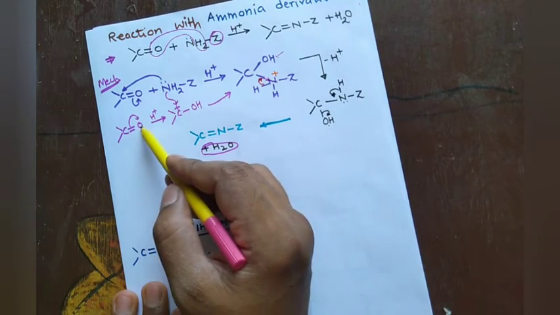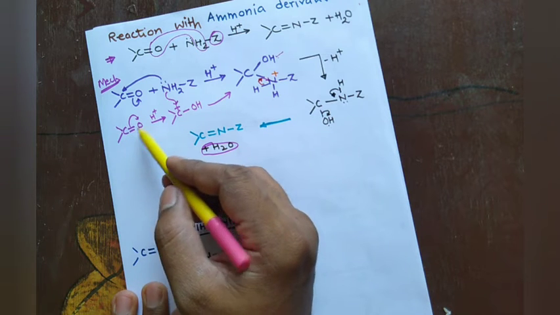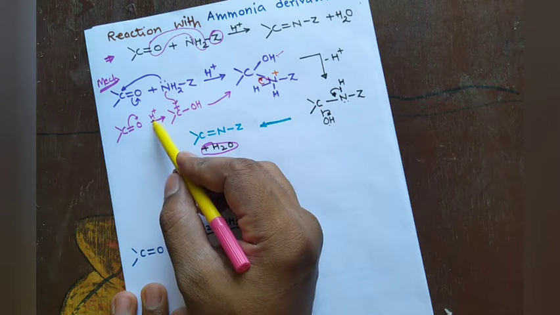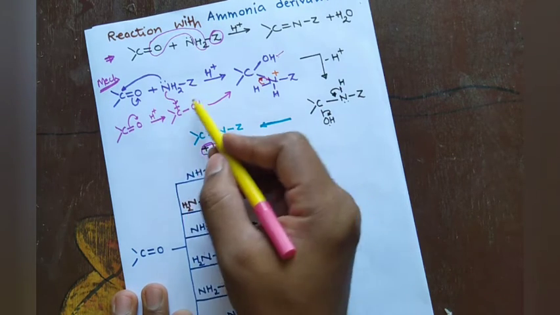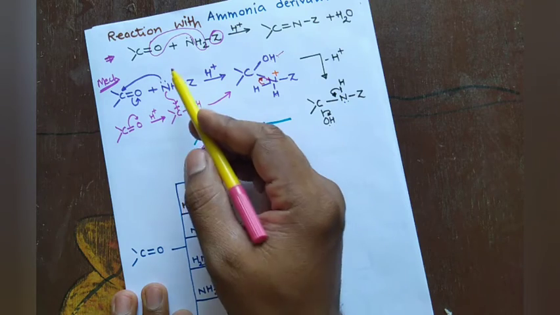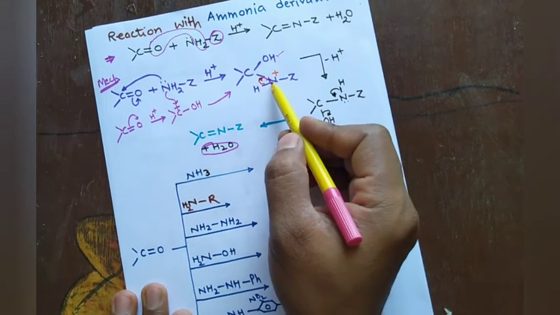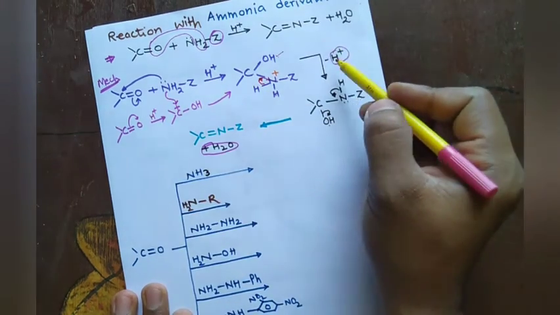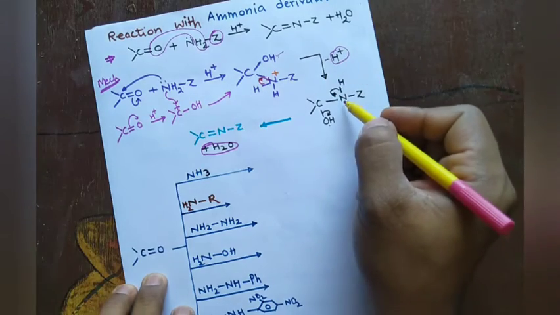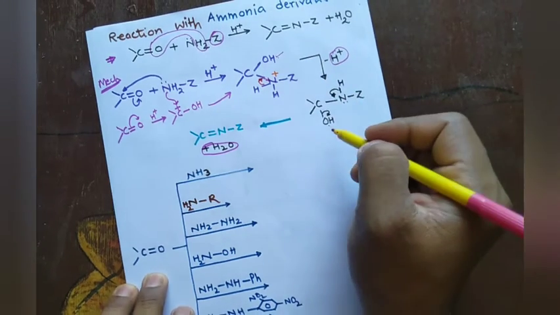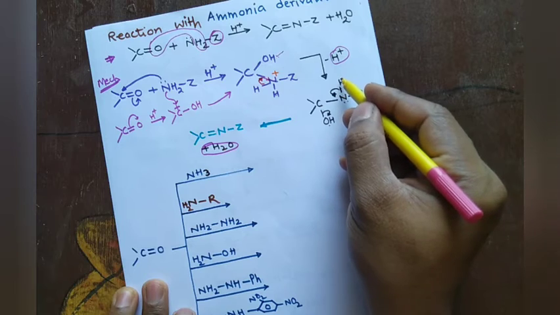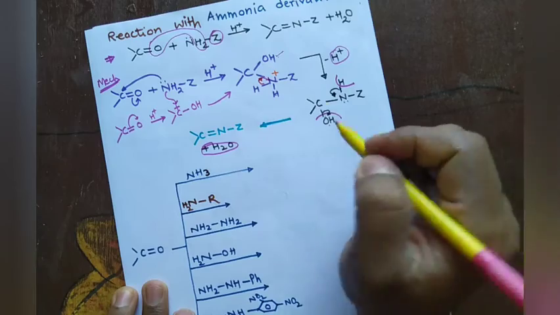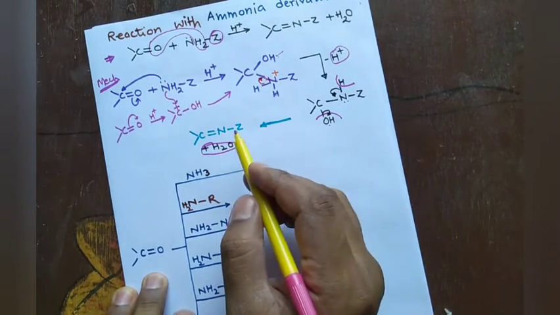So you can go by this reaction. The oxygen of the carbonyl group takes H plus, forming this one. This H plus acts as catalyst. The carbonyl carbon bears the positive charge. Now the nucleophile attacks, forming the complex. Since H plus was added, it is a catalyst, it will be removed. Then this compound automatically loses water, by removal of H plus from nitrogen and OH from carbon. This compound is formed.